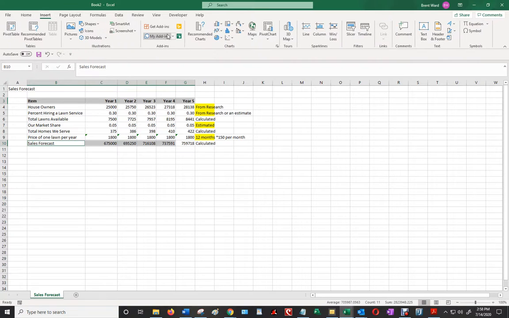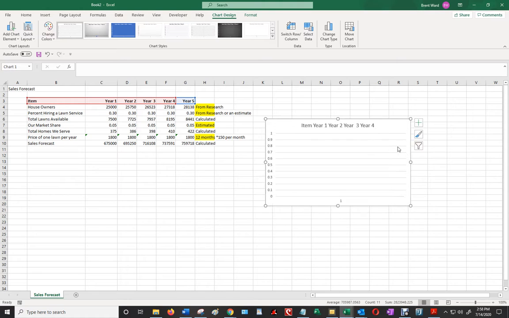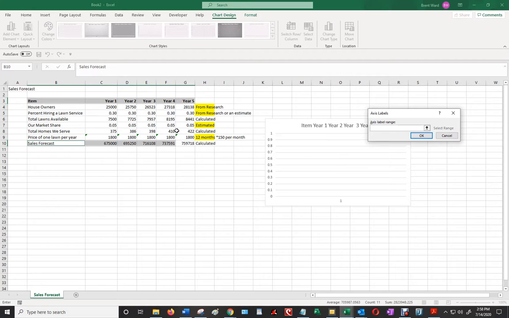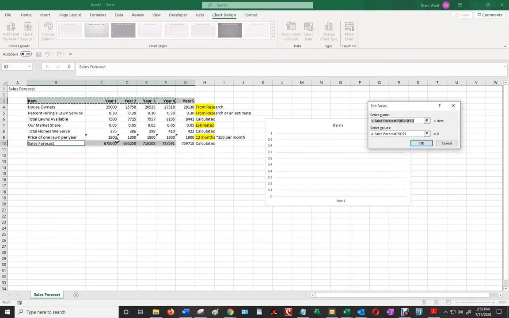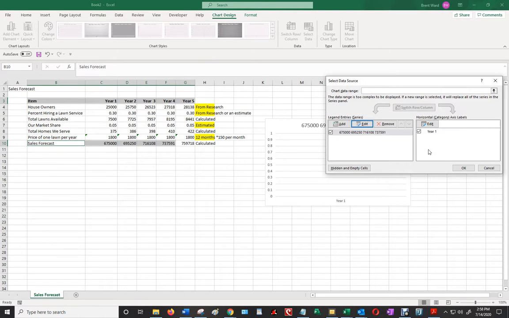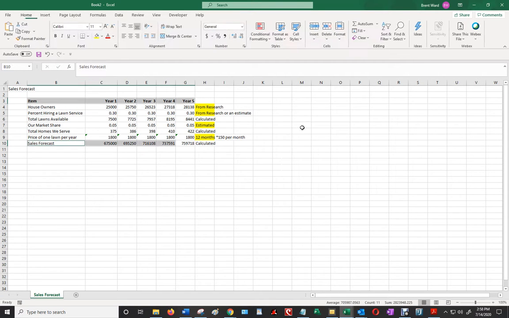And I'm going to go insert, line, okay, and then this is where you have to go and select data. I really don't like the way they've done this in Excel, but anyway, the x-axis is going to be all this, okay, and then this is going to be all that right there, okay. I'm not getting the graph right. Okay, I'm going to make a separate video on that, or at least pause,